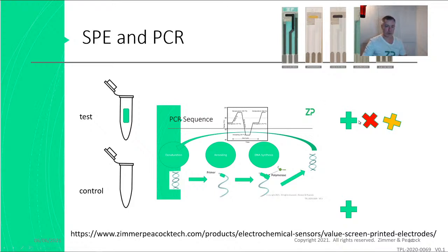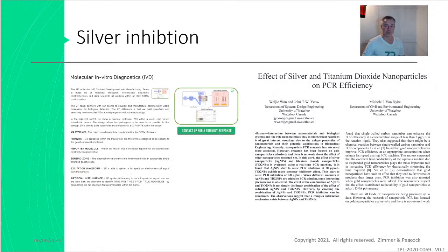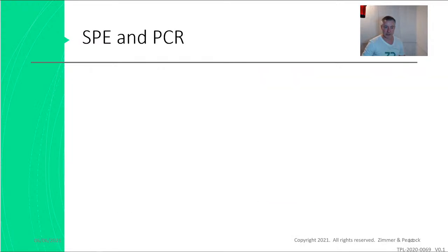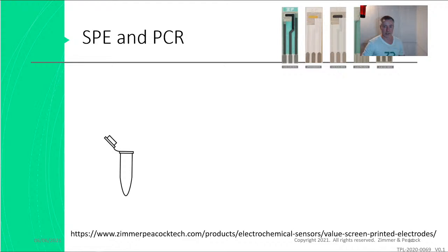So if you're looking for confirmation that sometimes you do have an issue, then I can definitely confirm that, and I can also confirm that it's known in the literature as well. It wasn't very hard to find that silver nanoparticles, or silver particles, can inhibit PCR. So yes, is the answer to your question.